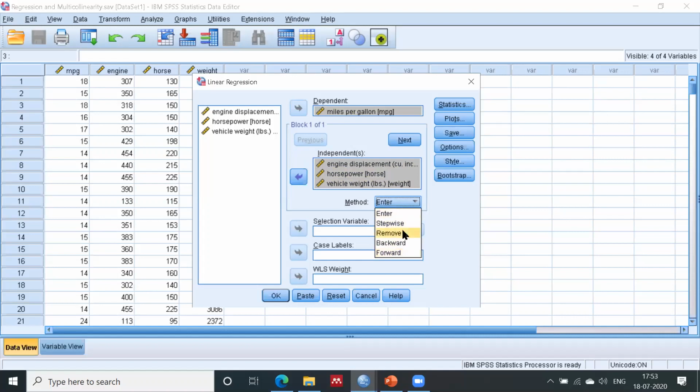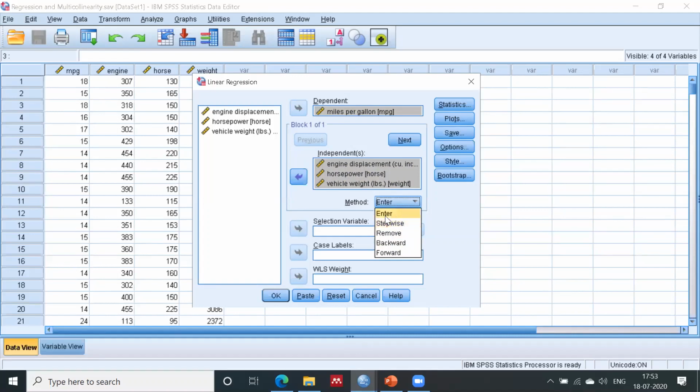I will explain enter and stepwise. All the others are more or less the same, but enter and stepwise are different. Enter is the very common method, and stepwise I have already explained. If you want to remove multicollinearity with the help of regression, then only we use stepwise. It will automatically kick out the variable which creates the multicollinearity in your data.